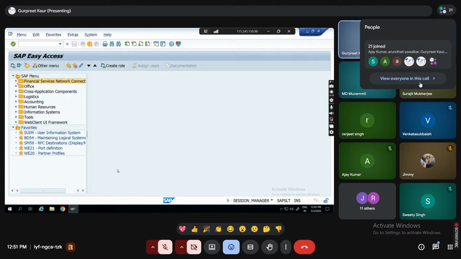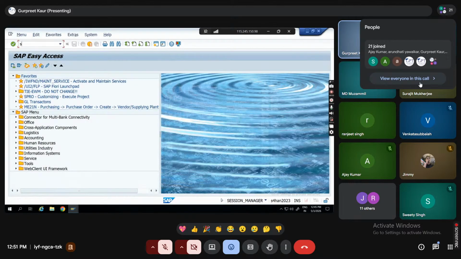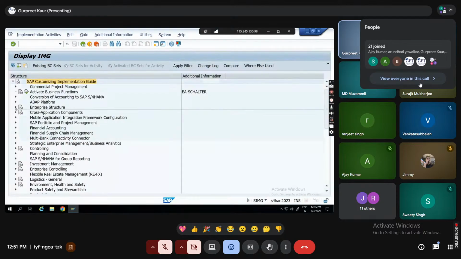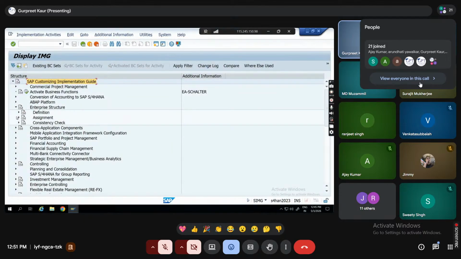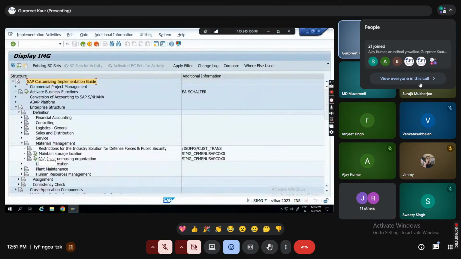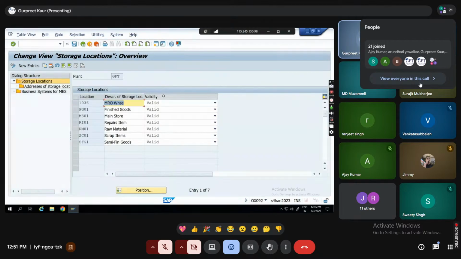Okay, for this under S/4HANA, SAP has given you an option, like in the storage location itself, we have the validity now. What does this validity mean?